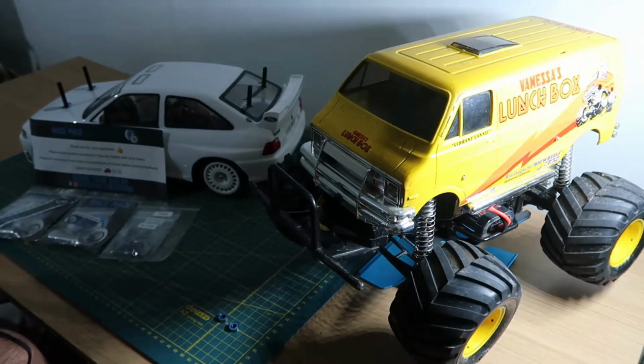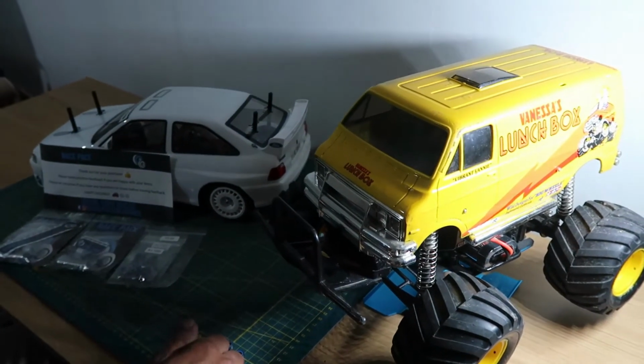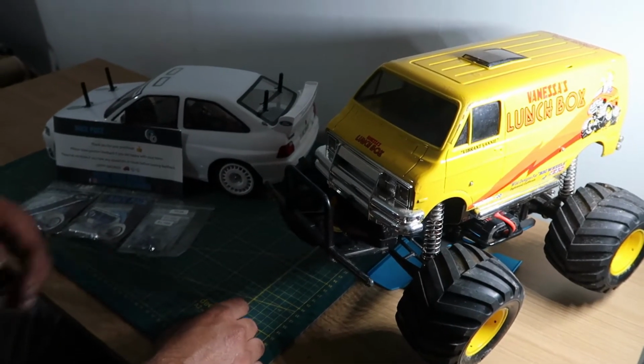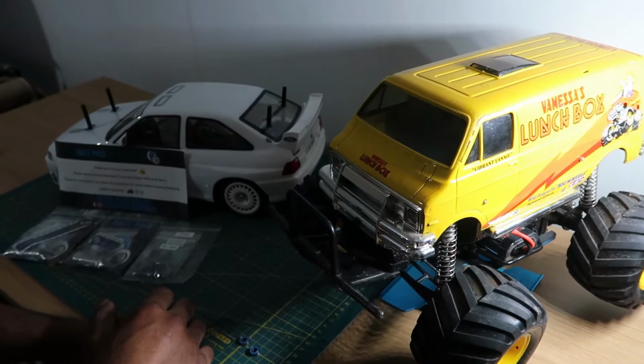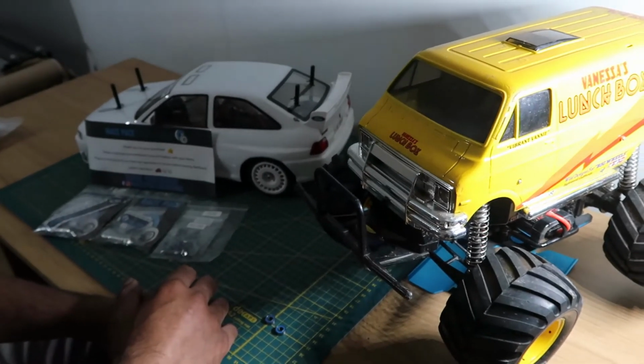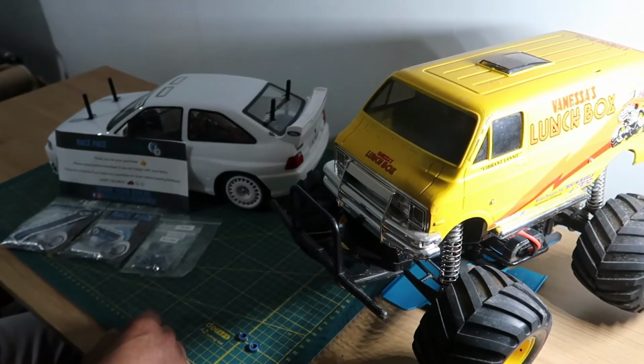Today we're going to be talking about these Tamiya kits. As you can see, I'm quite big on Tamiyas. I like Tamiyas because they build really beautiful cars with really good detail on bodywork. They look very realistic. But one of the problems I find with Tamiya kits is that they don't actually come with